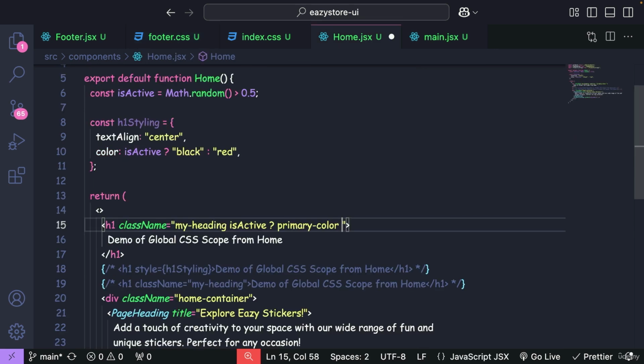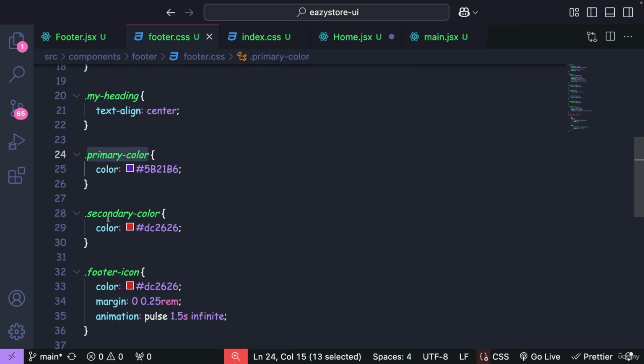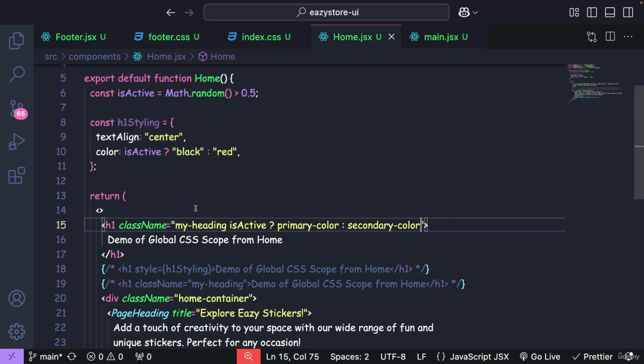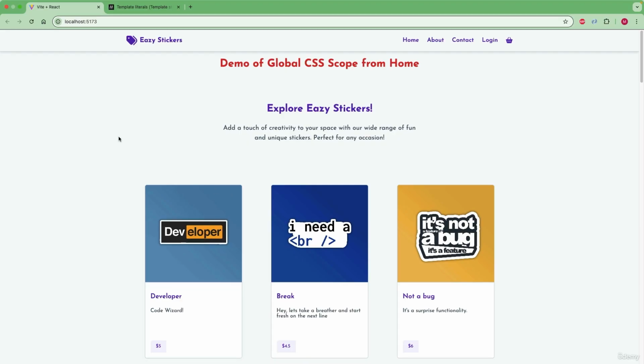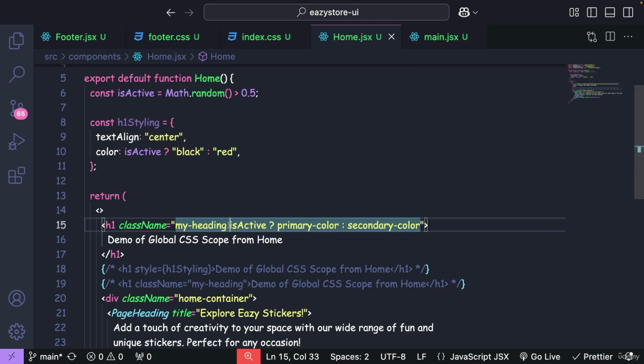After mentioning the true value, I'm going to mention a colon followed by the other class that we have, which is secondary color. But this syntax is not going to work. Let me go to the UI, and if I refresh this page, I'm always going to get the same red color. It is not changing the color dynamically. Though I'm trying to refresh 100 times, I'm always getting this red color, which confirms my dynamic condition